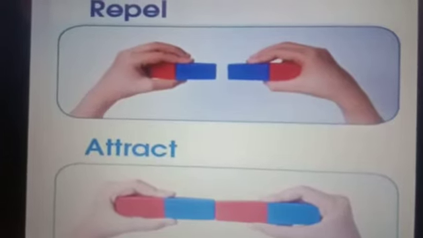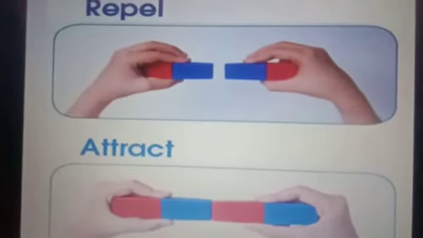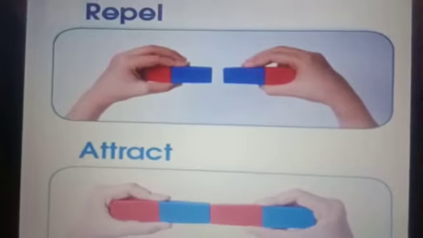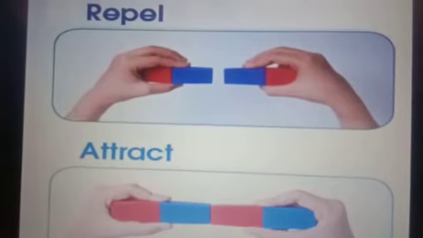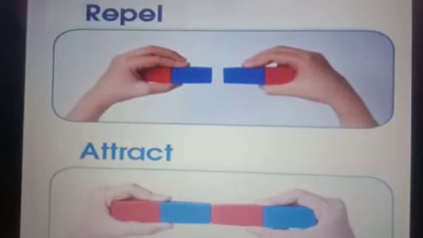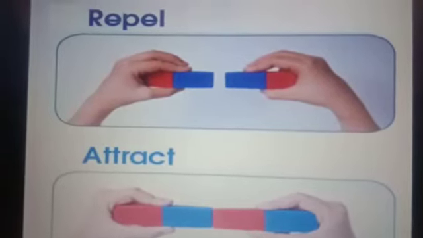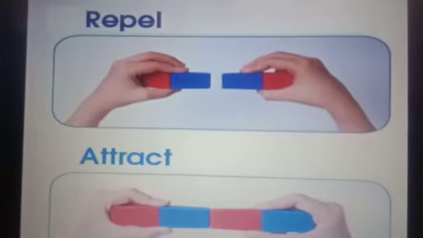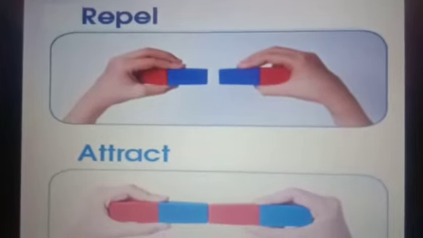So the north pole brought near the north pole repels, and the south pole brought near the south pole repels, which means like magnetic poles repel each other and unlike magnetic poles attract each other.